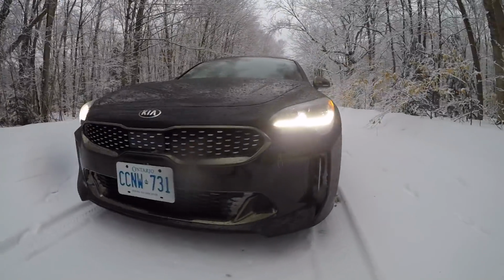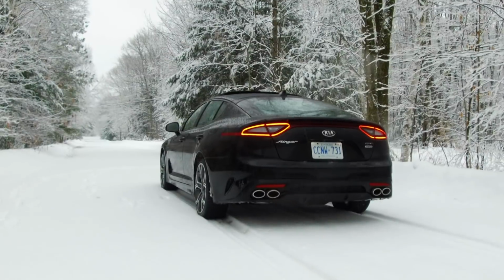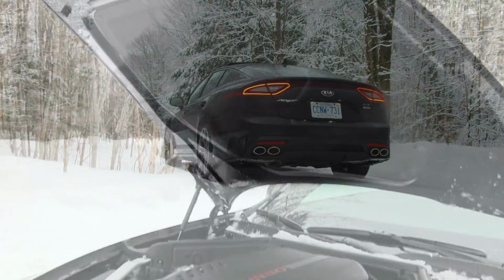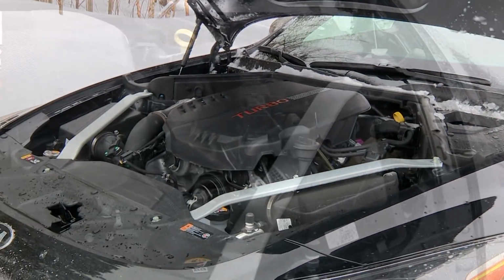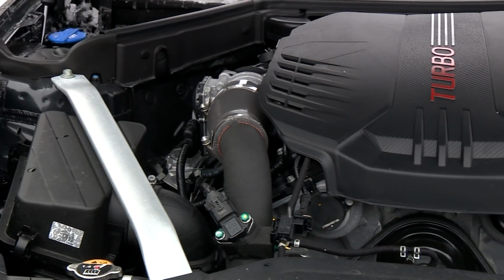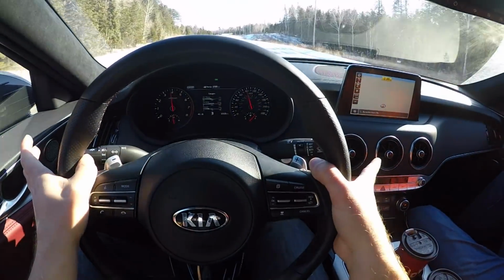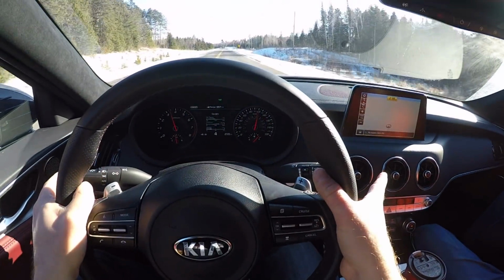First, the setup. 44 grand gets you into a Stinger, and 50 gets you into a fully loaded Stinger GT Limited like this one. Both are propelled by this, a 3.3-liter V6 running twin turbo for 365 horsepower and even more torque. She rips. Power runs through an 8-speed automatic with paddle shifters and is routed to all four wheels